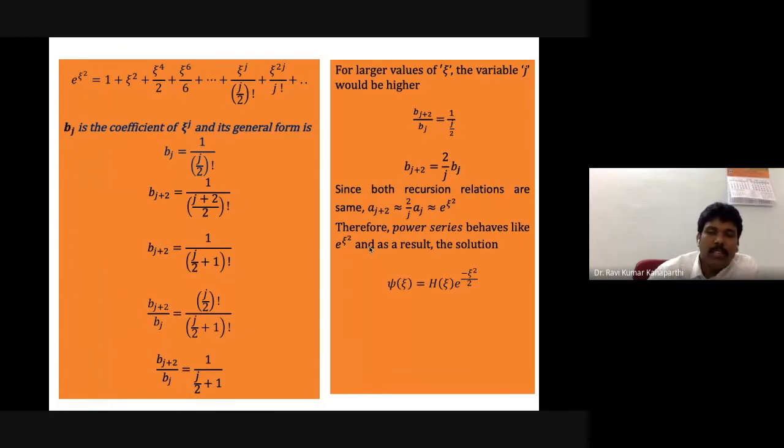Okay, so I can just replace h of z. Instead of writing h of z, I can write e to the power z square. If it is e to the power z square, you can just replace h of z with e to the power z square, and of course there is another term multiplied, that is e to the power minus z square by 2. So the net result is e to the power z square by 2. Do you get this point?